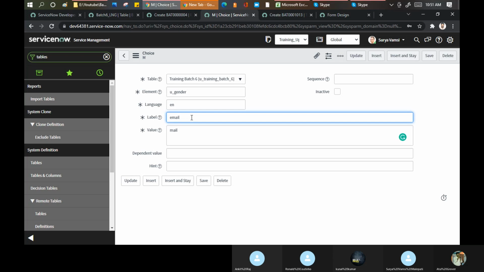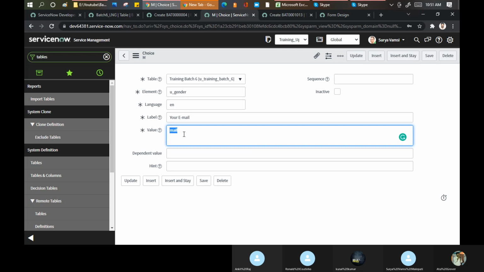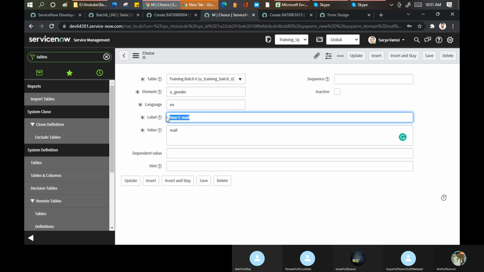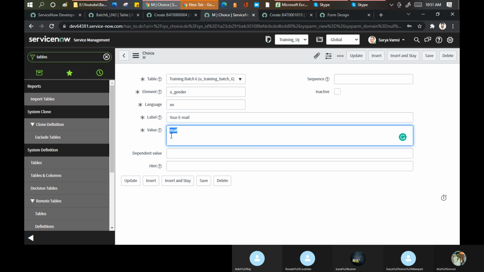I'll say your email, and in the background I'll just put mail. I know it's a user email only. So to store these things, we are using the value here. On the customer side it will appear like this, but in the background it will be like this.